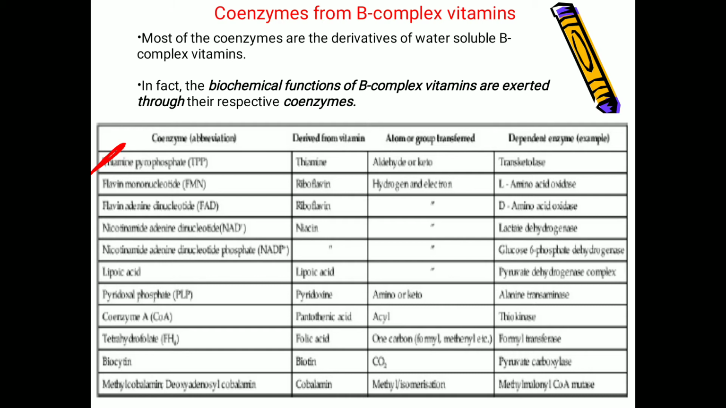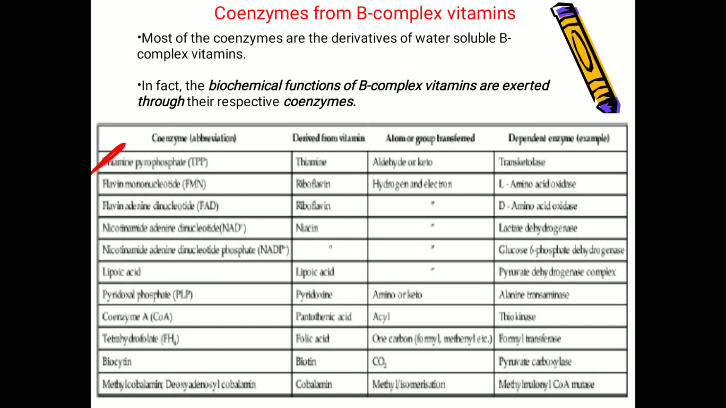Niacin is also available in two coenzyme forms. One is NAD and the other is NADP. NAD is nicotinamide adenine dinucleotide, and NADP is nicotinamide adenine dinucleotide phosphate. These niacin coenzymes are involved in hydrogen and electron transfer. An example for NAD is lactate dehydrogenase, and for NADP it is glucose 6 phosphate dehydrogenase enzyme, for which NADP will act